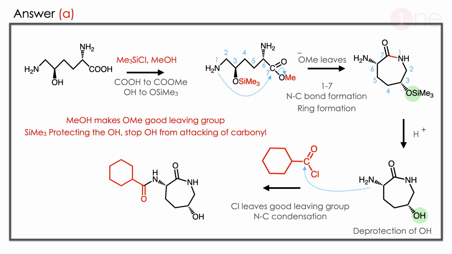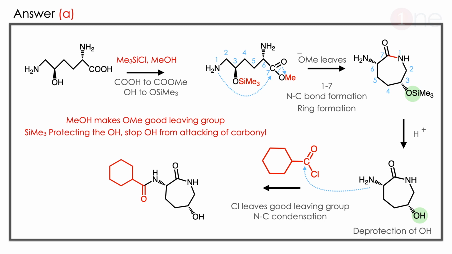Then you are using the acid, so the deprotection will happen. So the OH will be formed there. Then in the next step you are using the acid chloride. You have only one free active amine. It attacks there and forms the new carbon-nitrogen bond. So definitely the product is A. Here stereochemistry doesn't matter. It is given for confusion. You have only one product possibility. Here elimination and condensation occur at the same time. It can be front or back. So you have to guess only the product, not the stereochemistry here.